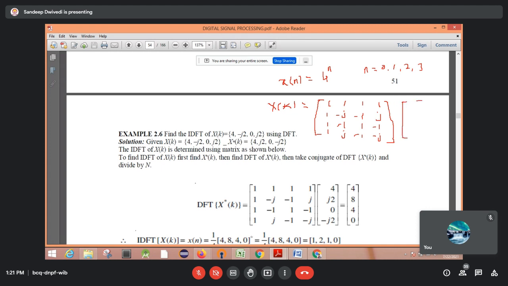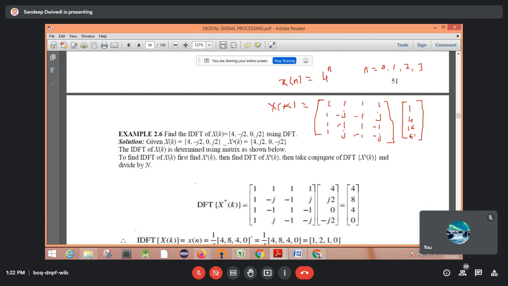Then along with this you need to write the input sequence, but here the input sequence is given like this. Did you get the question, guys? Are you following me? So n raised to power 0: the first value will be 4 raised to power 0, which is 1. Then the second value is 4 raised to power 1, which is 4. Like that they can ask you a question. Then 4 raised to power 2 will be 16. And then 4 raised to power 3 will be 64.